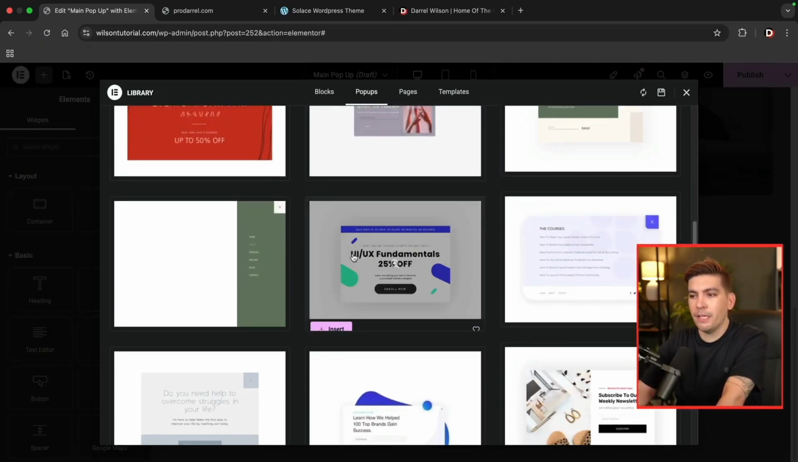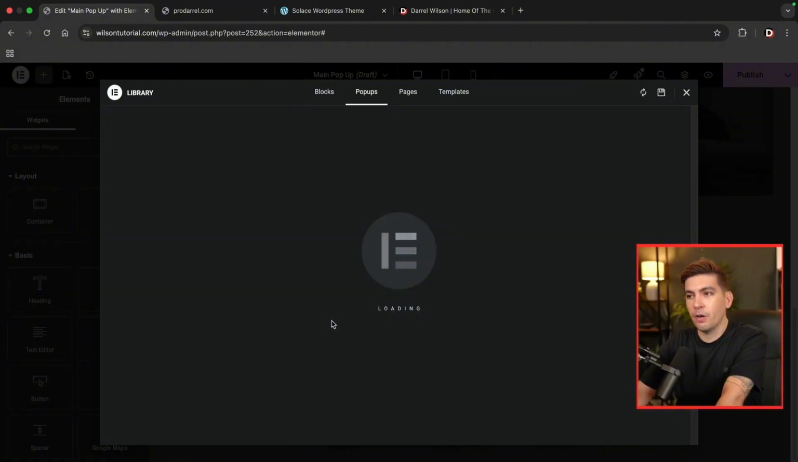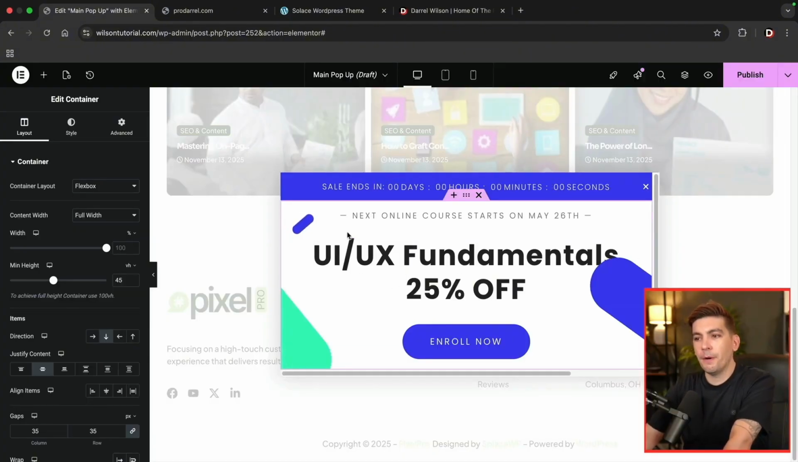Now I'm going to scroll down right here and just insert this pop-up right here. So I'll click on insert. And this is our current pop-up. Now what you can do here